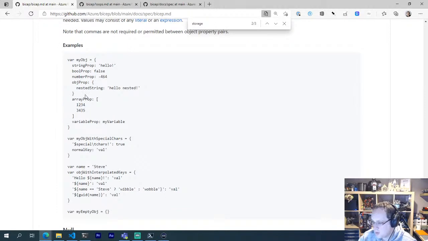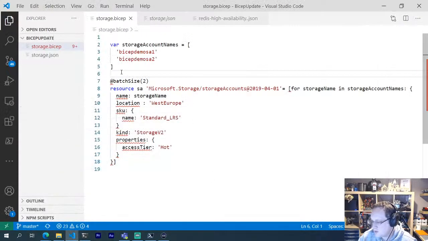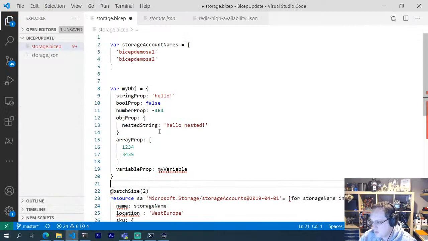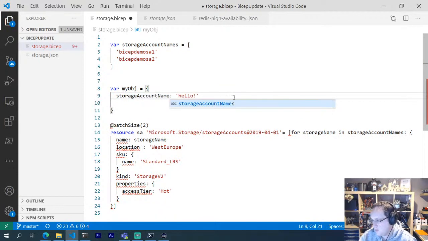So we'll go ahead and create an object. I'm just going to pinch this and adjust it. So instead of having, get rid of most of this, so we're going to say this, and we also then want